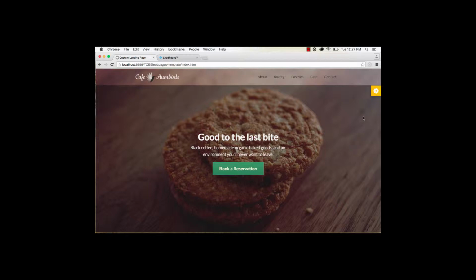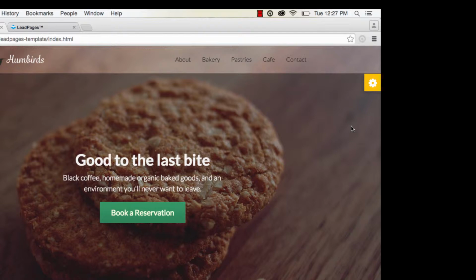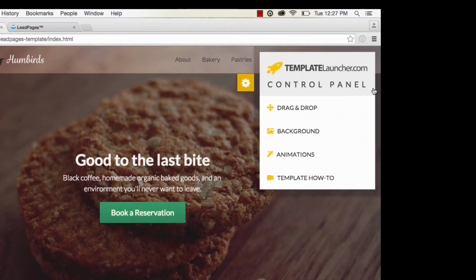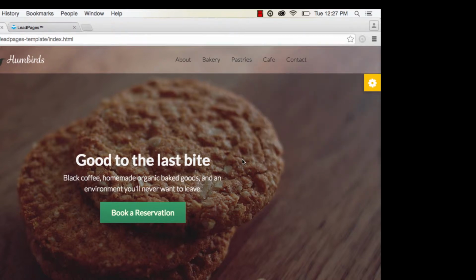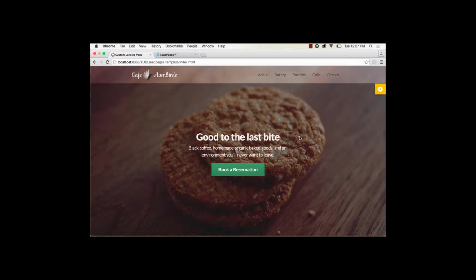And to the right, we have the handmade control panel made by our in-house web development team. It's pretty amazing, pretty beautiful. We have the drag and drop background animations and the template how-to, which is where you are looking right now at this video. So as I scroll down here, I just want to show you what this template looks like